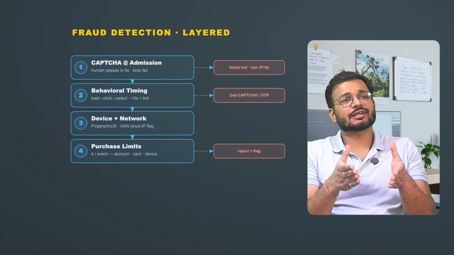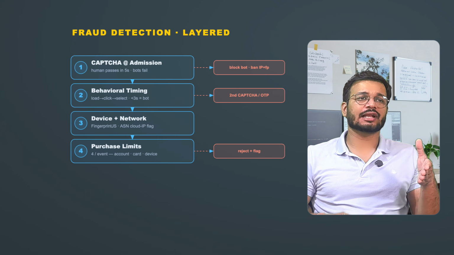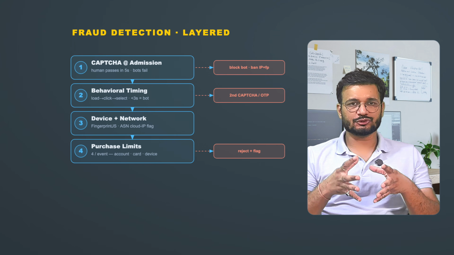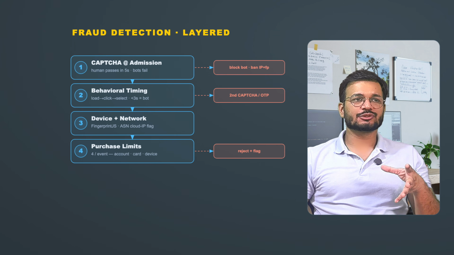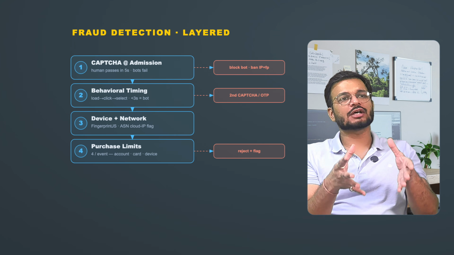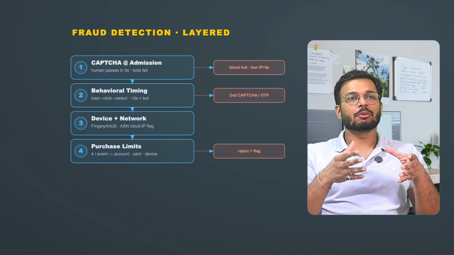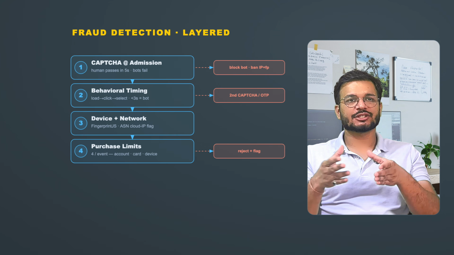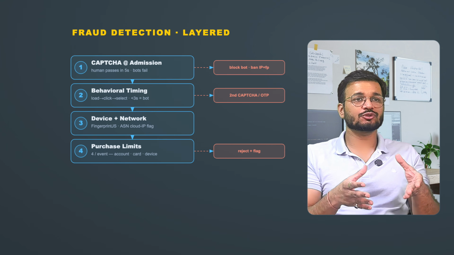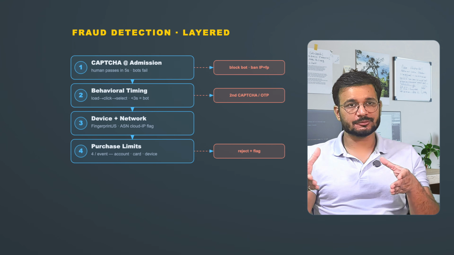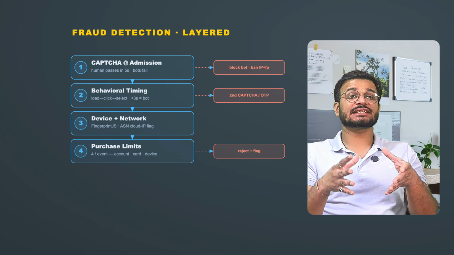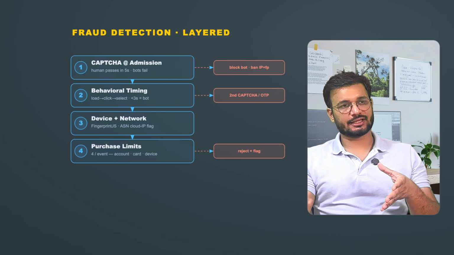If you want to do device fingerprinting, we can use JavaScript-based client fingerprinting. Libraries like fingerprint.js collect browser attributes, installed fonts, screen resolution, and generate the fingerprints. Now link the fingerprint to past fraudulent purchases. Block the known fraud fingerprints at the queue entry point. We can do a velocity check. If an account attempts to purchase more than n times per hour, flag for manual review. If a credit card is used for purchases across multiple concurrent events, we can flag it.